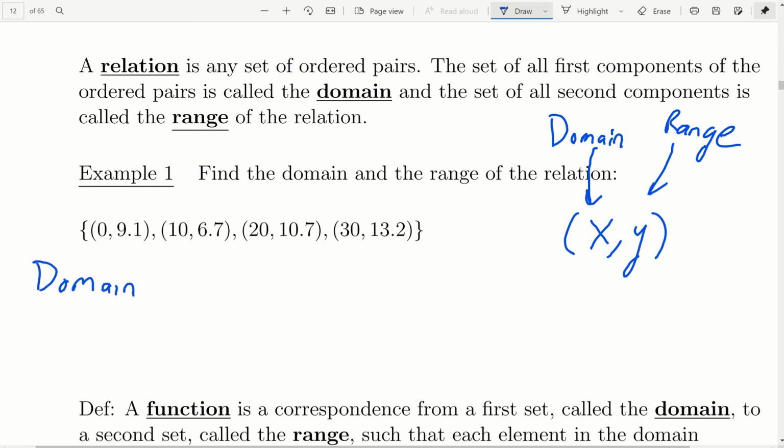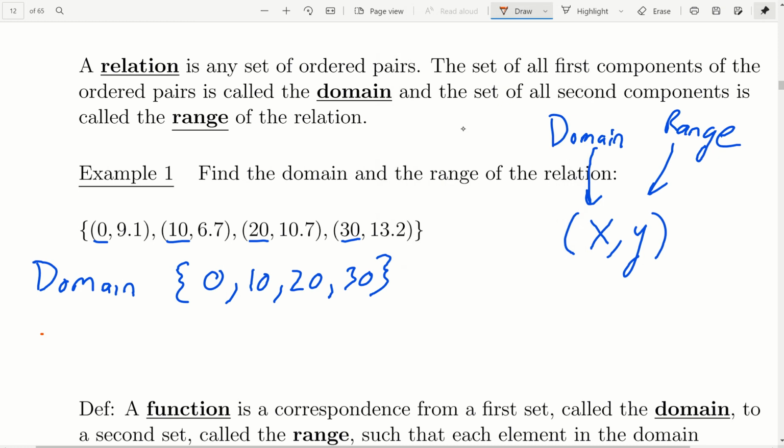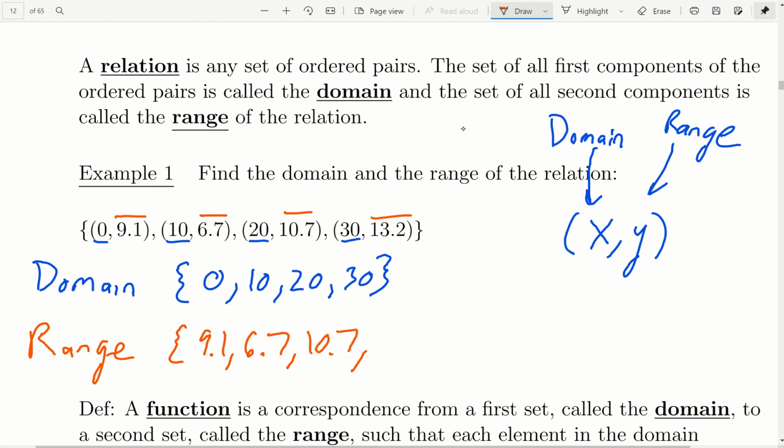Let's go ahead and find the domain first. Remember, the domain, those should be the x values, those are the first numbers within each ordered pair. The domain of this relation is going to be 0, 10, 20, and 30. The range is going to be the corresponding y values. That's the second entry in each ordered pair. That's going to be 9.1, 6.7, 10.7, and